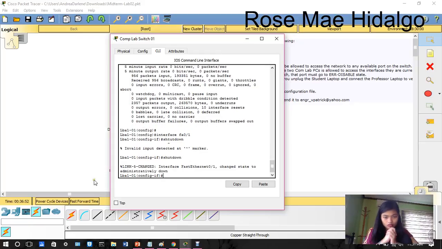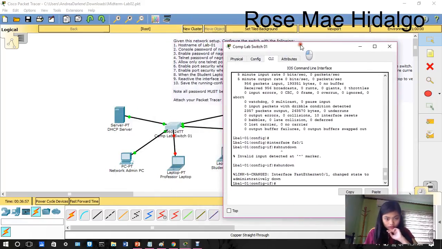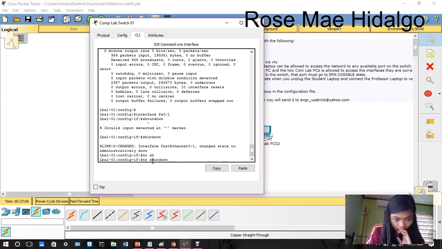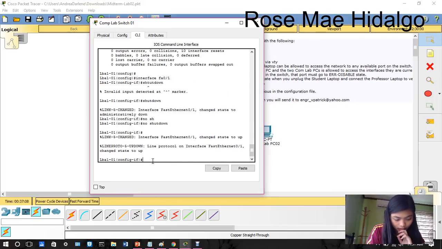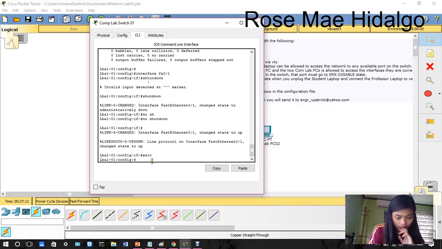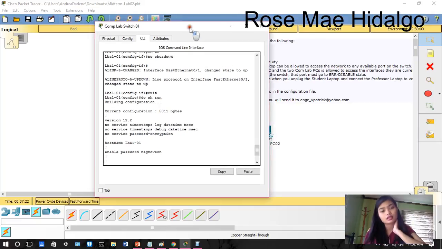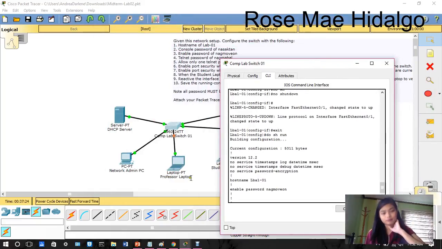Then actually we change to administratively down. So let's see. Then no shutdown. Let's see. Then exit. Okay. Now the FastEthernet 0/1 is okay.